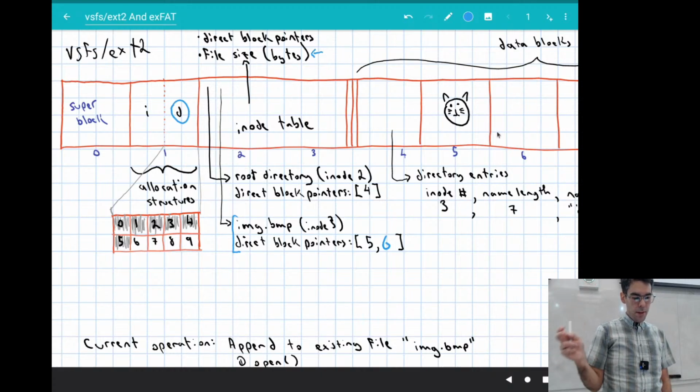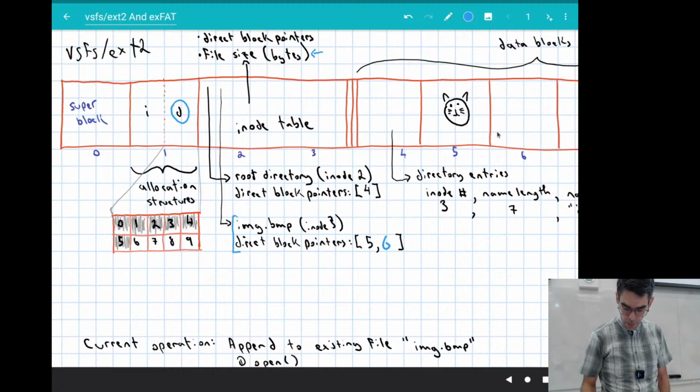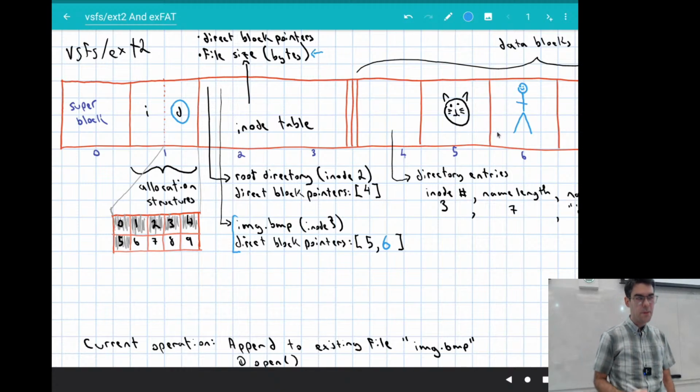Then I'm going to need to make a change to the actual data region. So the data region part that I'm going to be writing to here is, let's say that I'm making a picture of me beside Walter because we're best friends, and you know, despite him biting me all the time, I love my cat. I don't like that he bites me, but I do love my cat, yes.